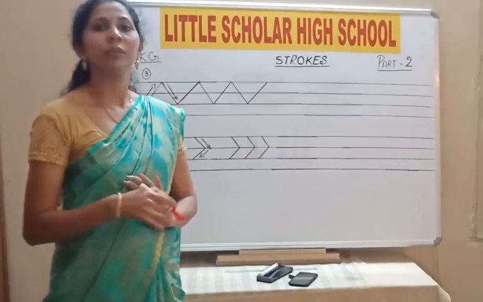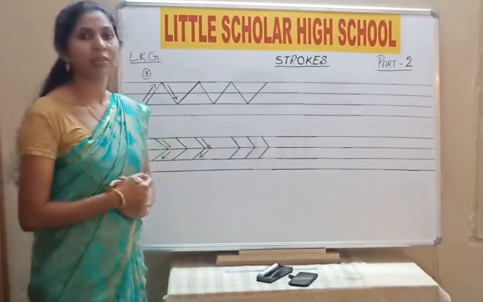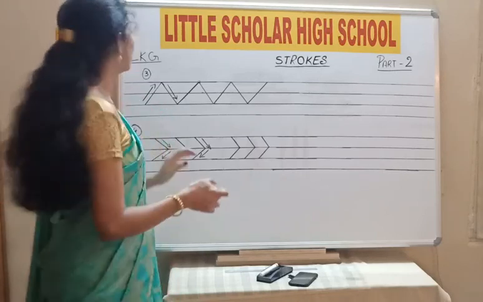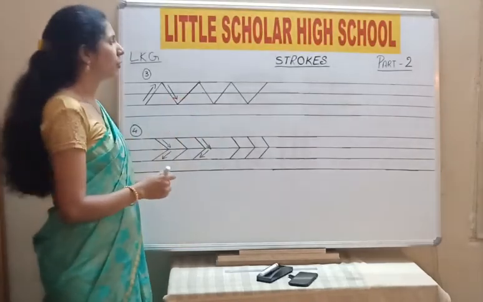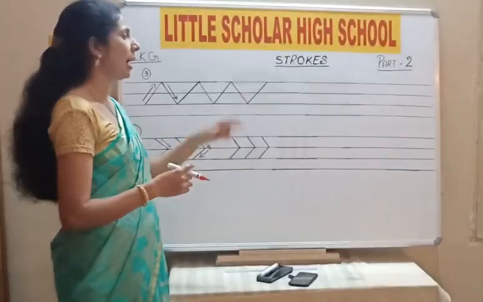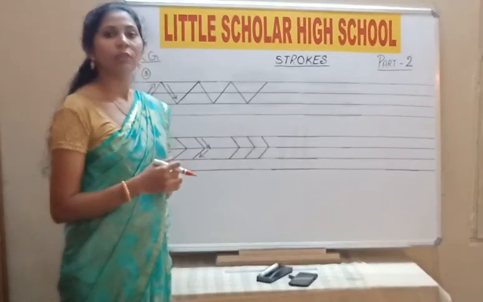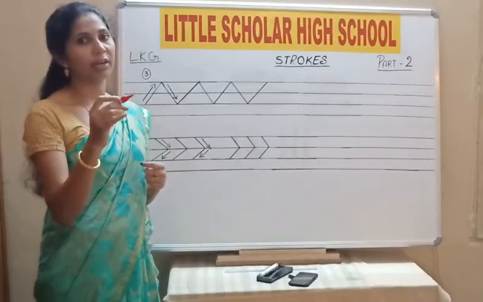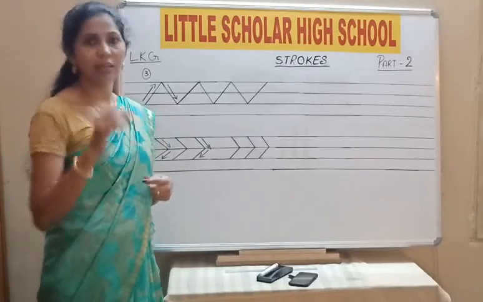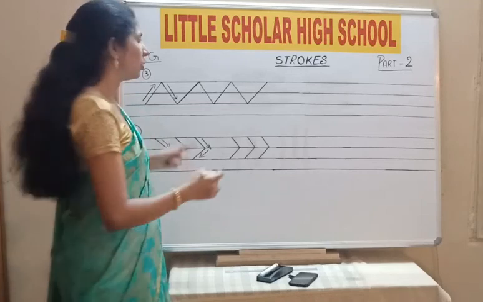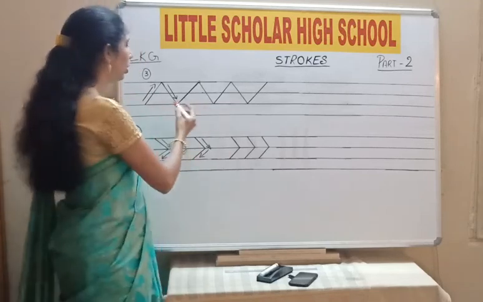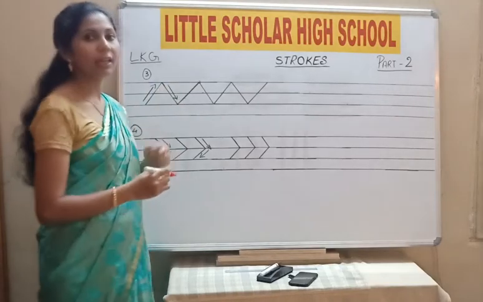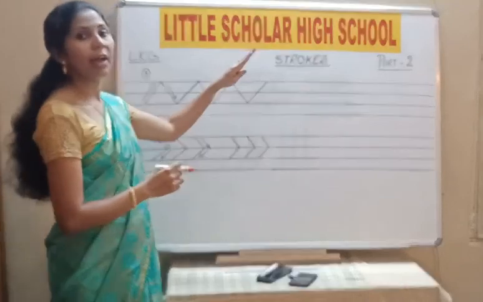Yes children, the third one and the fourth one are called the zigzag line. Sorry, not a curve line, it's a zigzag line. In this, you can find the dots in your book as we had for the first and second strokes. Here also we have 3 lines, but the dots are not straight as in a standing line. The dots are placed like this, so it's a slanting line.